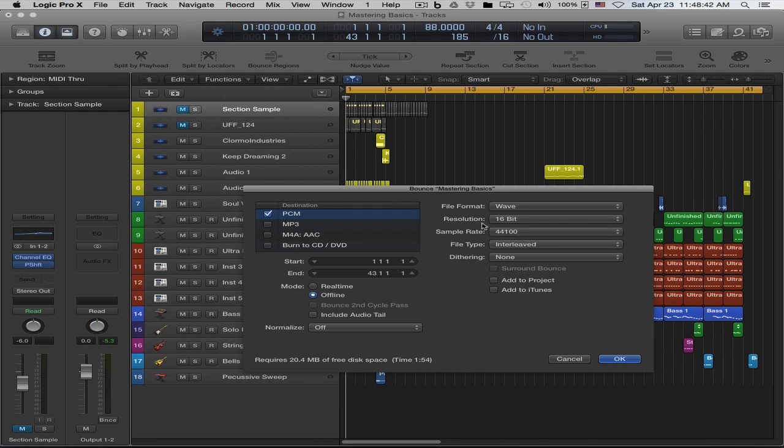But going on to resolution, I have 16 bit and 24 bit. Now when I created the file, I know I was at 24 bit, so that's just when you create a new file and it gives you those options there, and that's what I have for my resolution. So I'm pretty much just going to leave this resolution and the sample rate the same as the project was at the beginning,